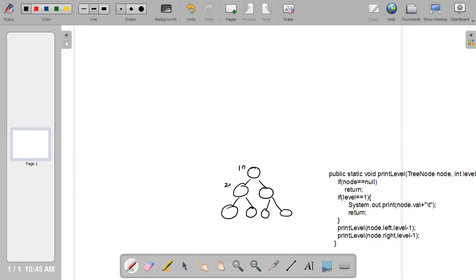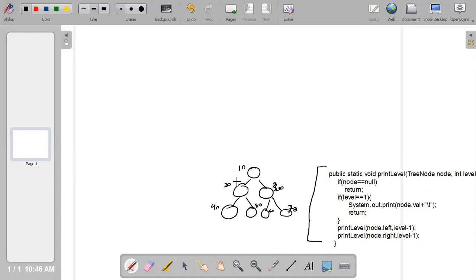So it is 10, 20, 30, 40, 50, 60, 70. If you guys practice a lot, you don't need to create this recursive tree. In the beginning, just for understanding, we need it actually. If you try to build the recursive tree every time, you won't have that much time. It will be very difficult.